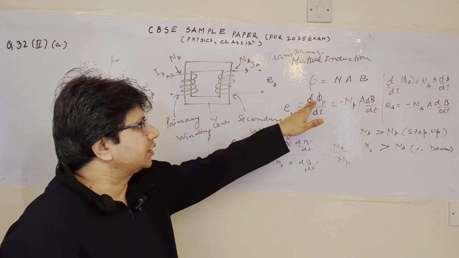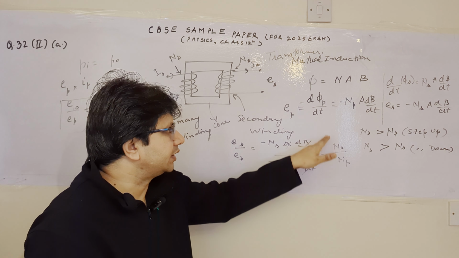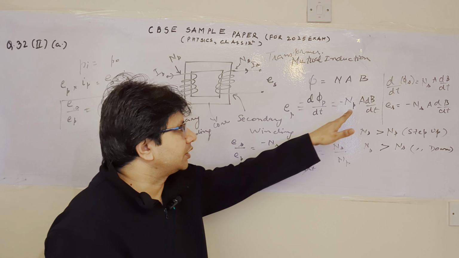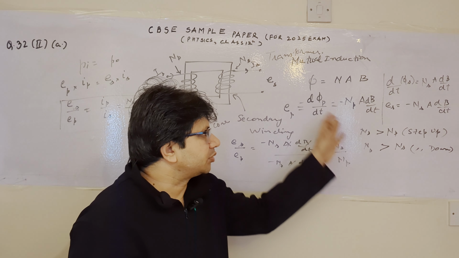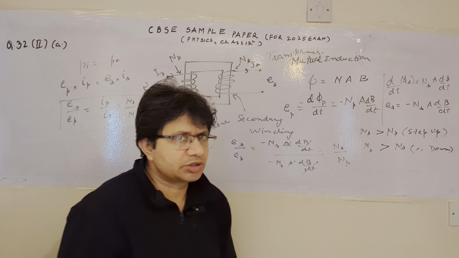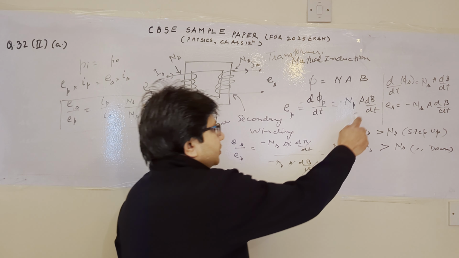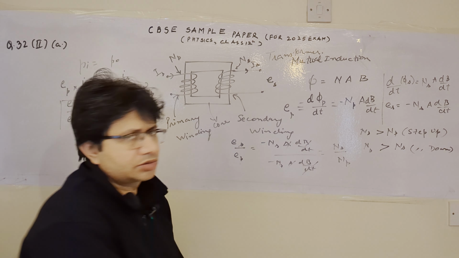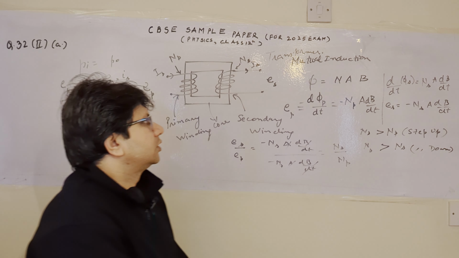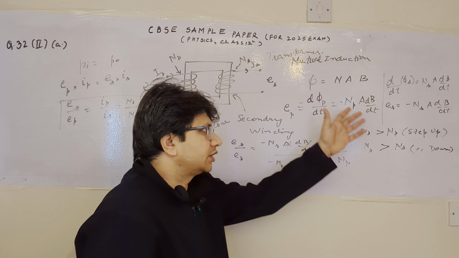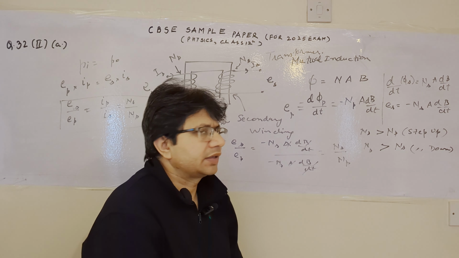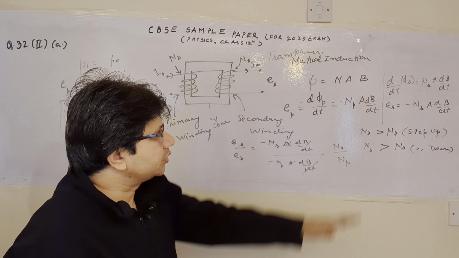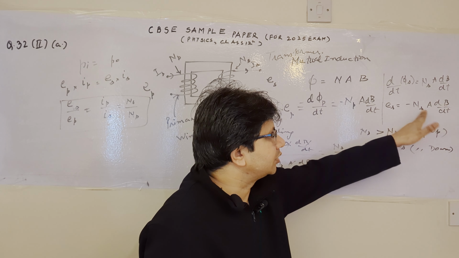प्राइमरी साइड के ईएमएफ के लिए हम लेंगे −dφ_p/dt। यहाँ पे φ_p का मतलब ये है नंबर ऑफ टर्न्स इन द प्राइमरी साइड मल्टीप्लाइड बाई एरिया बाई B, एंड जब हम डेरिवेटिव लेंगे तो dB/dt हो जाएगा ये। और इनको हमने डेरिवेटिव से बाहर रखा है क्योंकि ये कांस्टेंट है। नंबर ऑफ टर्न्स दोनों ही साइड्स में कांस्टेंट है, एरिया जो है वो भी कांस्टेंट है। जो केवल क्वांटिटी वेरी कर रही है वो है मैग्नेटिक फील्ड। ऐसे हम E_s निकाल लेंगे −N_s A dB/dt।